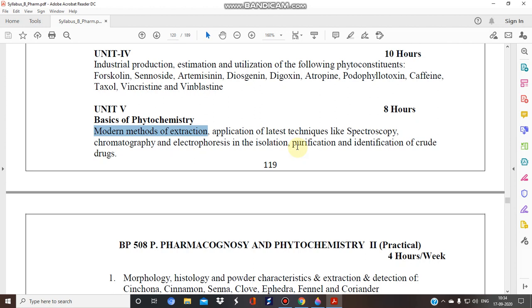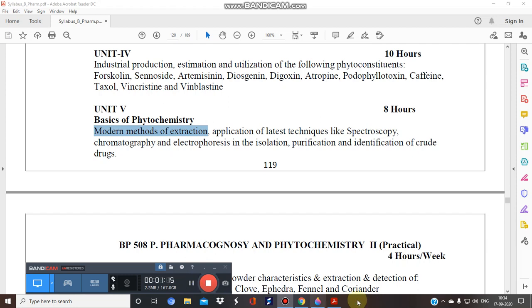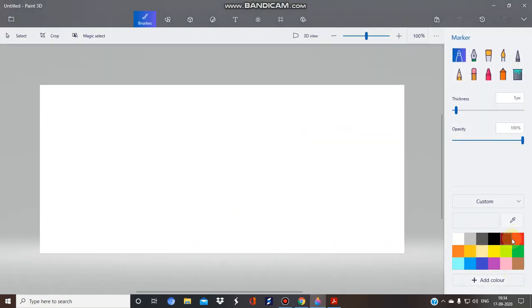So before going directly to chromatographic or spectroscopic analysis, first of all we have to do the extraction part. Only then will we be able to do the chromatography, then spectroscopy. Just see the sequence here.